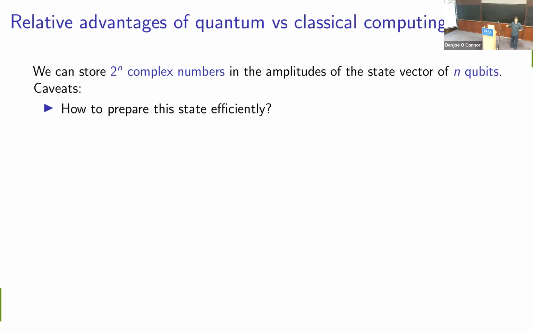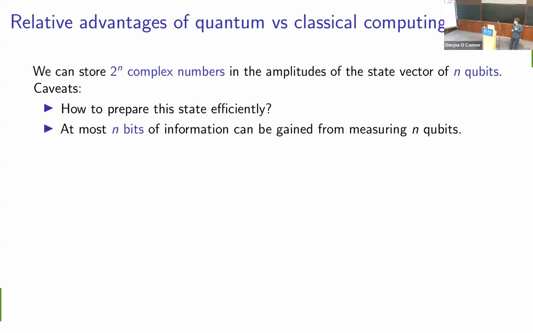For some arbitrarily chosen set of 2 to the n numbers, we're not going to be able to prepare the state that has these 2 to the n numbers as its amplitudes in any efficient way. So even if we wanted to, we can't use this property of storing our data in a really concise way for arbitrary data that we start with. Instead, it has to be something where we can prepare our quantum state that has these 2 to the n amplitudes in an efficient way. And that works often, but it doesn't work always. And so that's something to keep in mind.